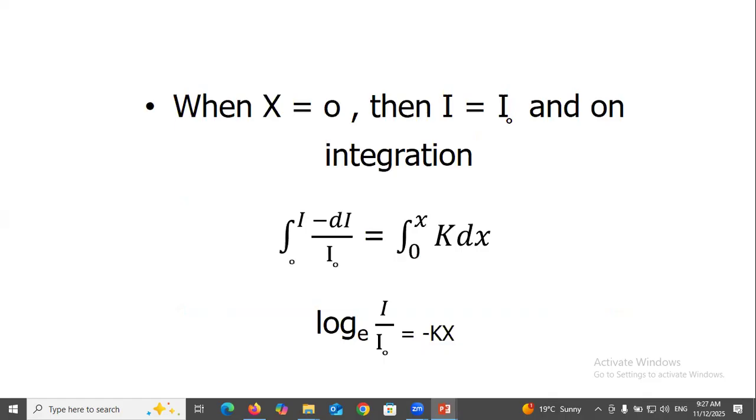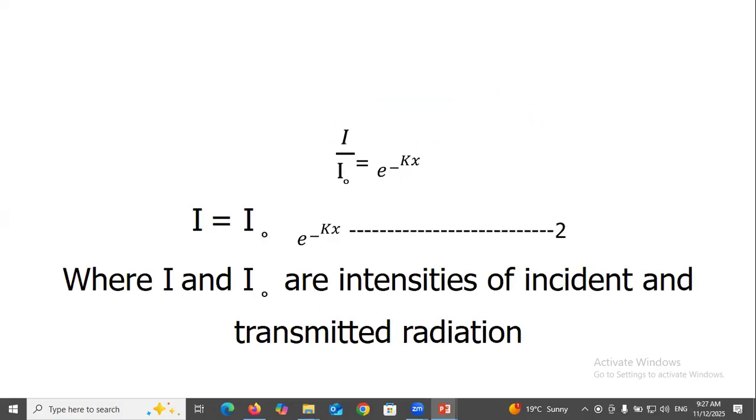When x equals 0, then I equals I naught, and on integration from 0 to I, minus dI over I naught equal to 0 to x, k dx, so log e I over I naught equal to minus kx. So I over I naught equal to e to the minus kx. I equal to I naught e to the minus kx, where I and I naught are the intensities of incident and transmitted